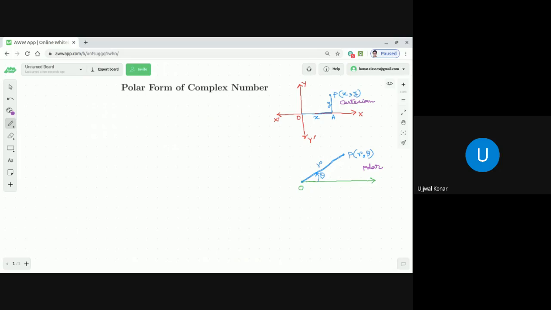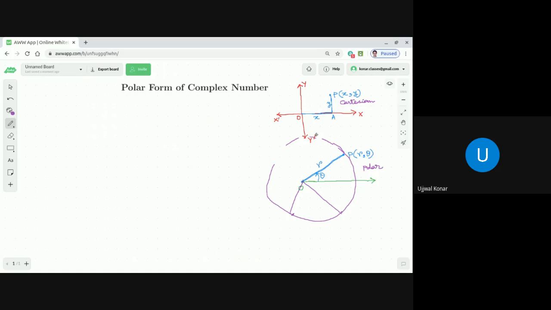In a similar manner, in the polar coordinate system, if I just say r, or if I just say theta instead of r and theta, it is not possible to represent a point uniquely. For example, if I just say r without mentioning theta, we can have multiple points. If you look into my previous class YouTube video lectures, it is available. We can draw a circle, and as I explained, all these points in that circle are at a distance r, but they represent different points. Why? Because their angle is different.